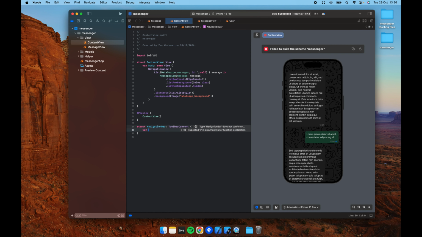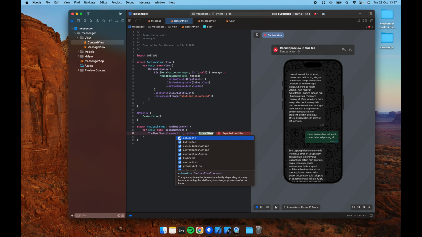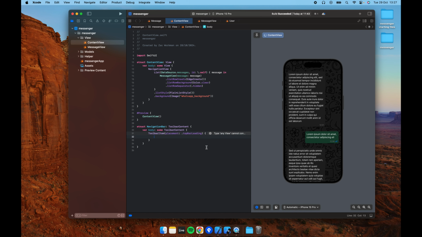And in here, this needs a body, and then inside the body, let's just create a back button for now. So toolbar item, and the placement will be top bar leading. So this just aligns the item obviously to the leading edge of the top bar. And then for the content, let's just delete this automatically created closure, and we're just going to put a button in here, and the button isn't actually going to do anything. It's just going to print go back,